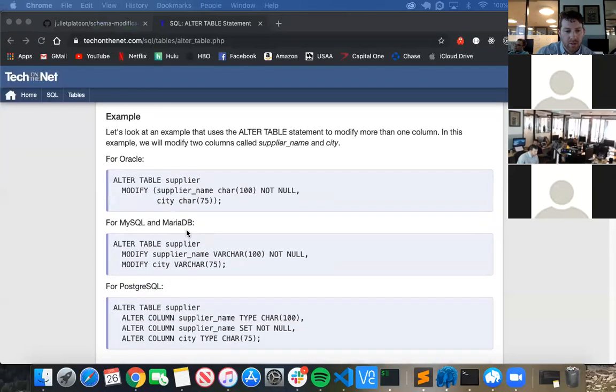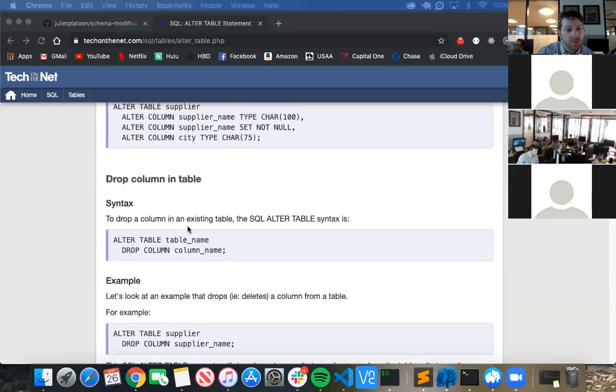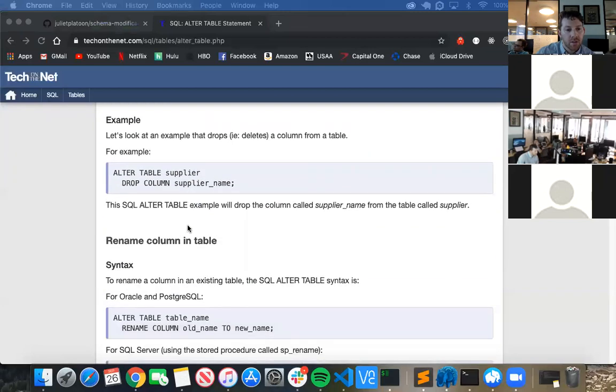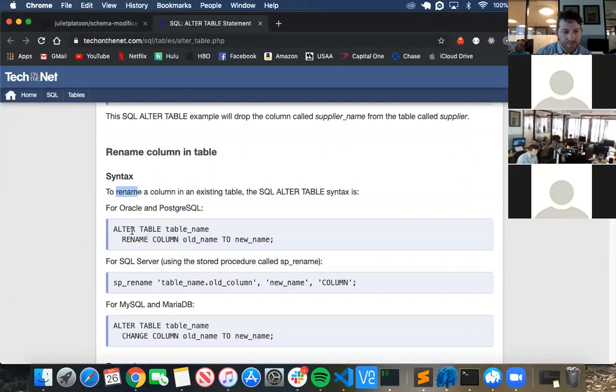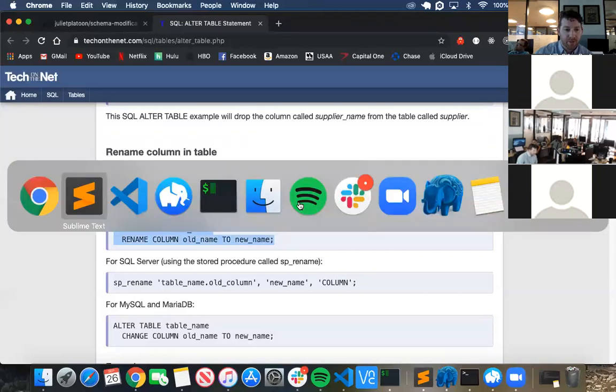Keep going. Rename the column. Ah, there we go. That's awesome. Rename. There we go. Alter table name, rename column, old name to new name. So I'm going to use that as a reference